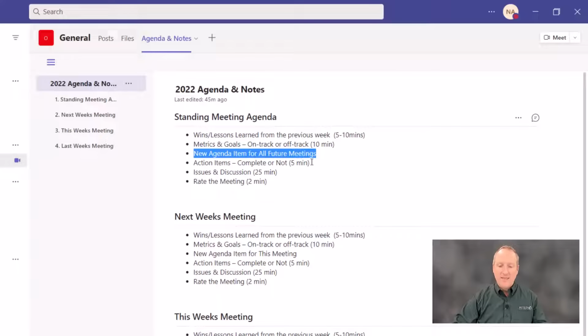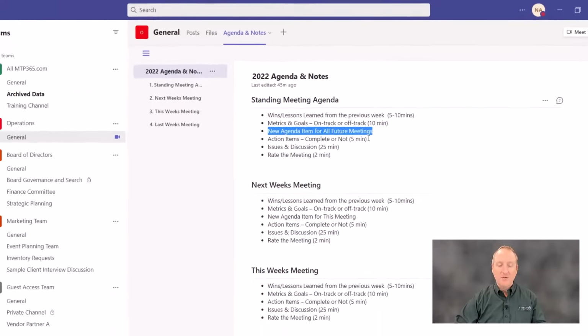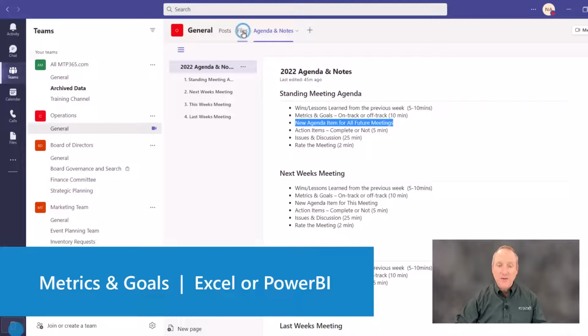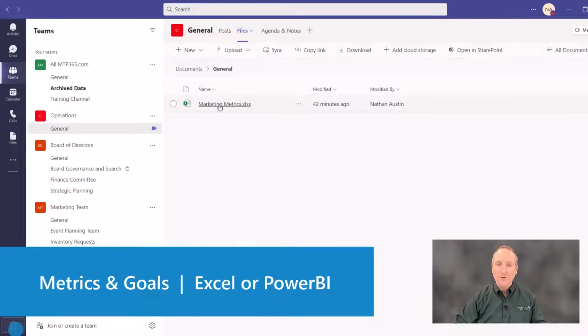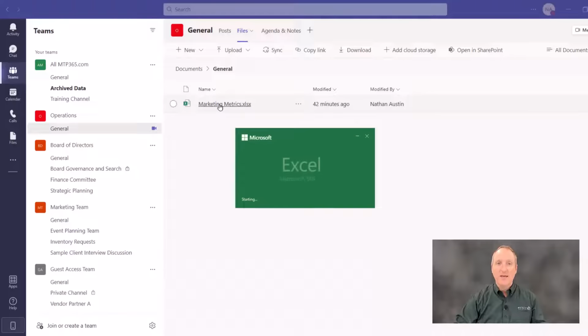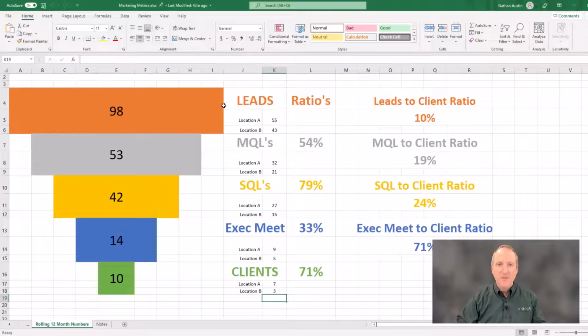Now, one of the next steps that we see from folks is looking at metrics and goals. I could show you a dashboard. I'm not going to show you that today, even though you could use PowerBI or some other third-party dashboard tool. But very common, I want to illustrate one of the most common things that we see is just using an Excel spreadsheet. Now, putting that Excel spreadsheet into the Teams folder and in the SharePoint, you're enabling it to be